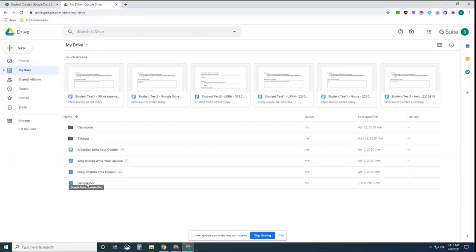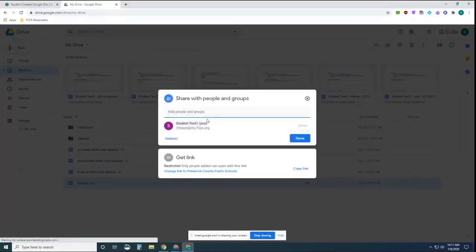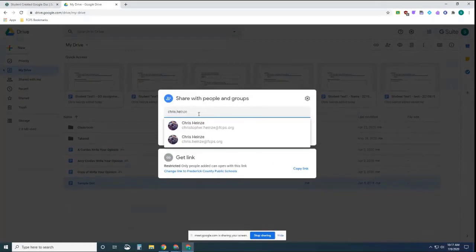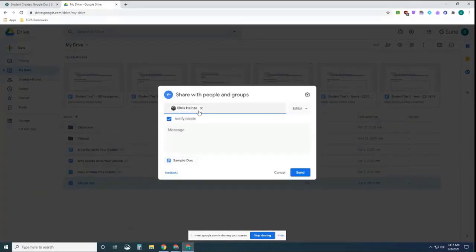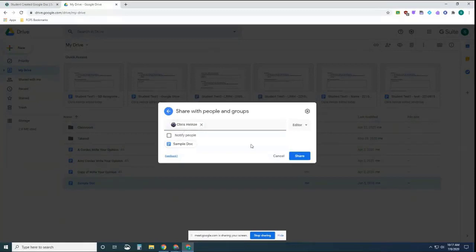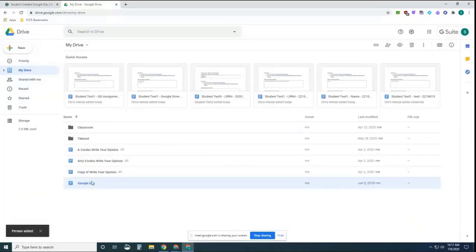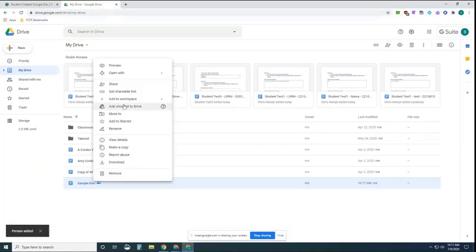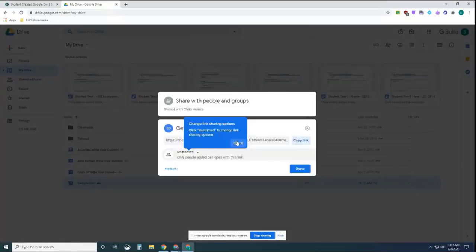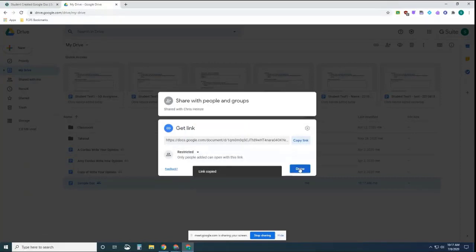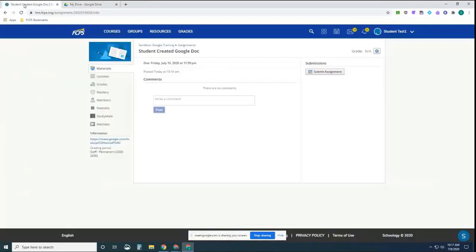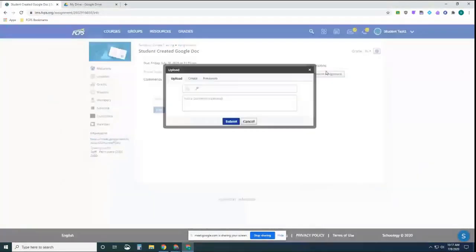So what they would do first, obviously, is they have to share it with you. So they would go here, add you in the sharing. Don't need to notify you, and share. Oops, I should have copied that link. Let me do that real quick here. Get shareable link. Copy the link. And then what they would do is back here, they say submit assignment, go to the create tab,